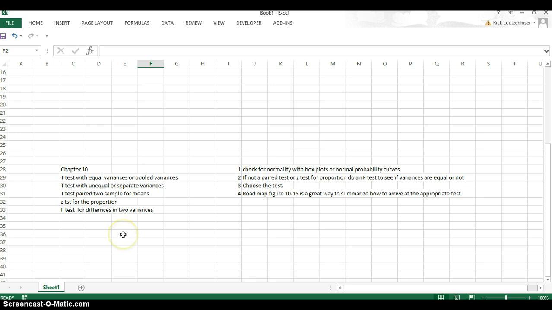So basically what you need to do to make sure you're going down the right path is to first check for normality of each of the data sets by doing a box plot or a normal probability curve, just to make sure the data looks somewhat normal. These tests are very invalid when the data is very, very not normal, just plots all over the place. Okay. Number two,